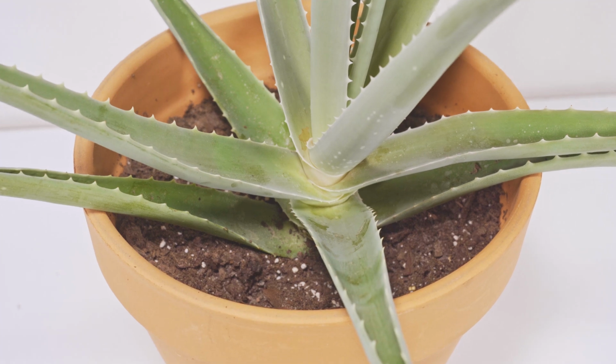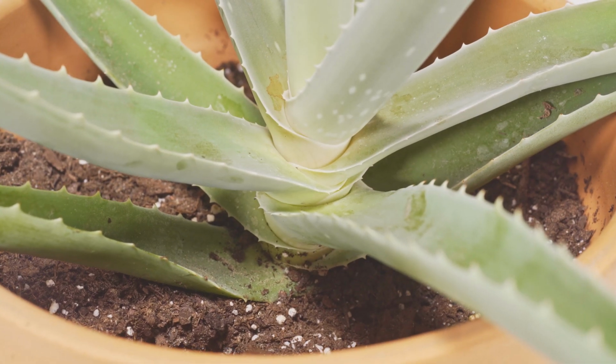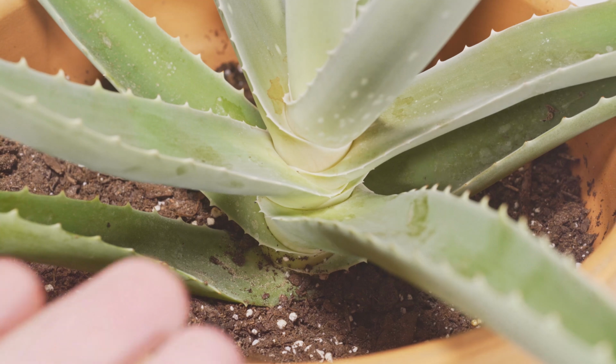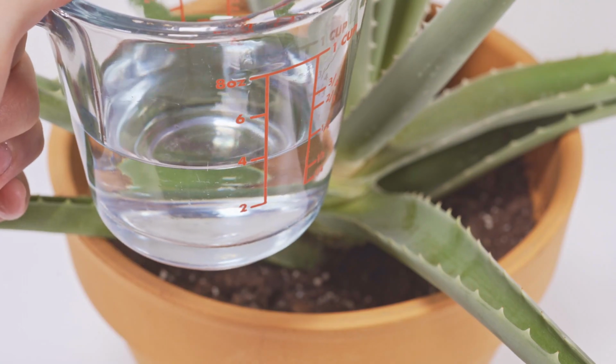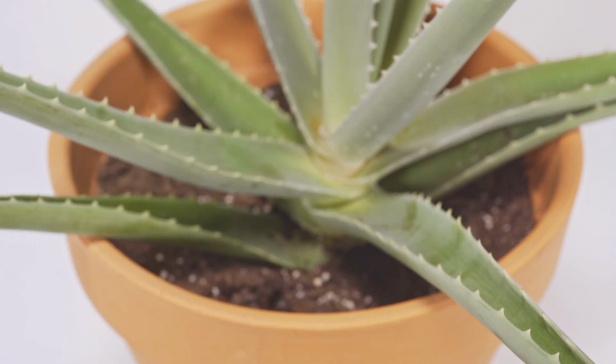If you look closer to it, you can see even though it doesn't seem like it's getting a ton of light, it's plenty for this plant because it's not getting very leggy, and the node spacing between each leaf is actually quite compact. For the mother plant, which is the largest, my watering schedule is anywhere from 1 to 2